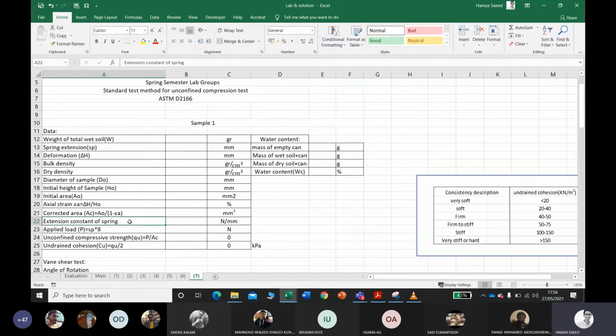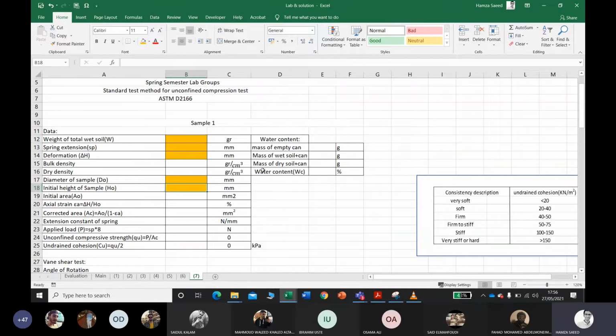Okay. Now the extension constant of the spring will be given to you, because every spring we use has a coefficient. So I'm going to mark some points over here which will be given. This point is given, initial diameter is given, and the initial specimen height will be given to you.